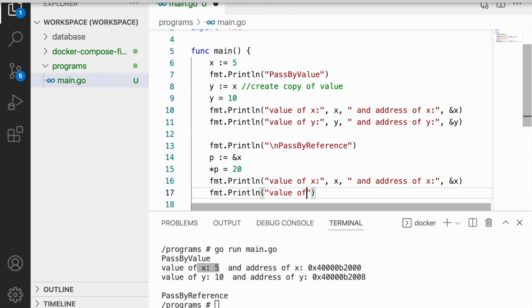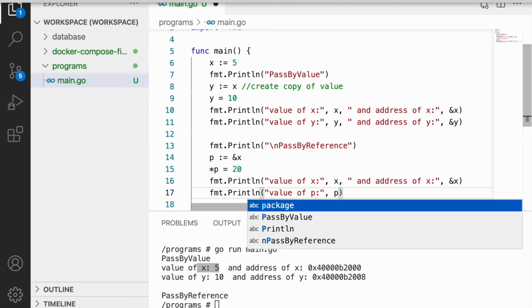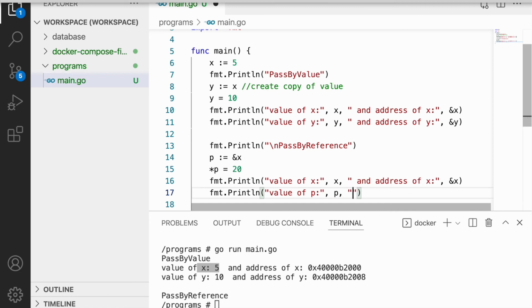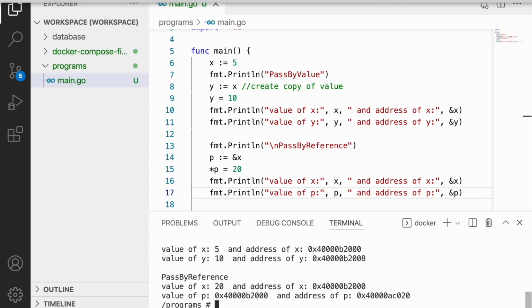Value of pointer and address of pointer. Let's save and run this program.